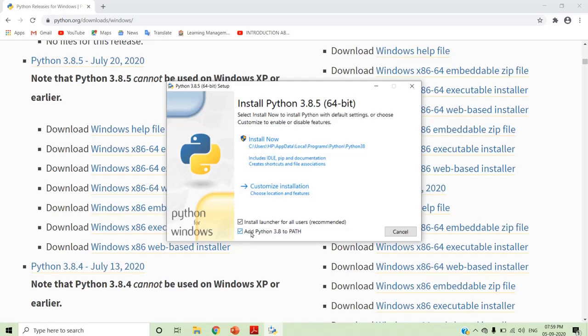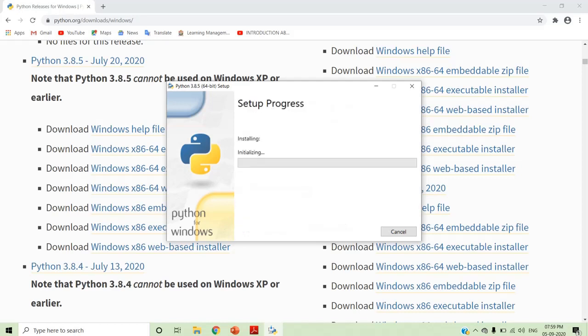But later, when you study new topics, certain new files will be installed in your system. If you have selected this option, you can install them automatically. Otherwise, it is a complicated and difficult procedure to install those files. So select this option and after that just click on the Install Now option. Now it is asking, do you want to allow this app to make changes in your device? I am going to click Yes. So it will install. The installation will take 5 or 10 minutes, so just wait until then.